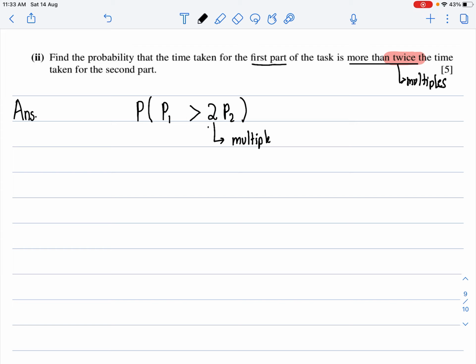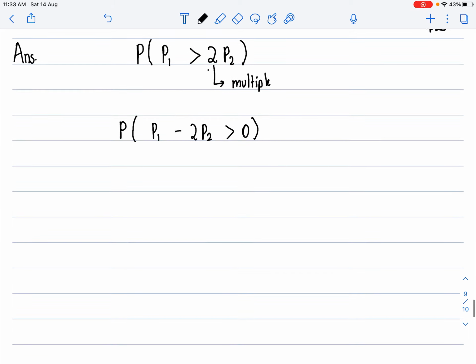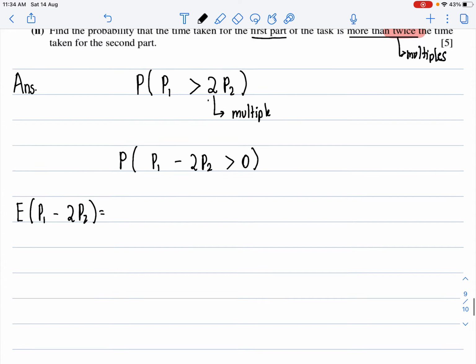So now the next step is to get all the variables to one side. So I write this as part 1 minus 2 into part 2, which is more than 0. Now I treat the combination of variables as one variable. Now I need the mean. The mean will basically be part 1 minus 2 into part 2, which will be equal to the